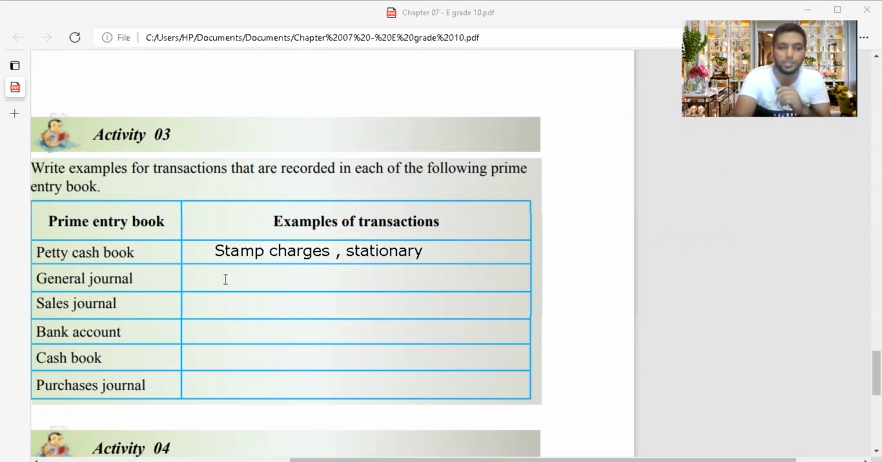Then when it comes to the general journal, guys, you can record the things which you cannot record under the sales journal, purchase journal, cash book or bank account. So I will consider bad debt. You might know what bad debt is, guys. A good has been sold to a customer and the customer couldn't pay back that money. We say it is bad debt. And also other transactions like purchase of materials, purchase of machines, all this comes under